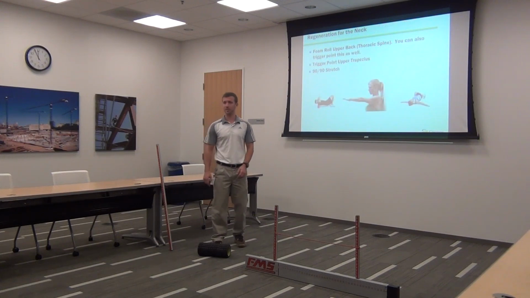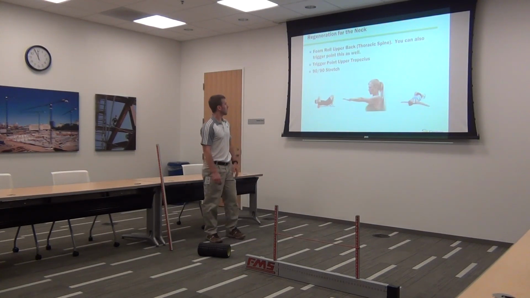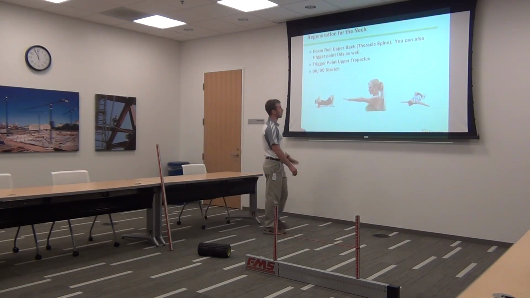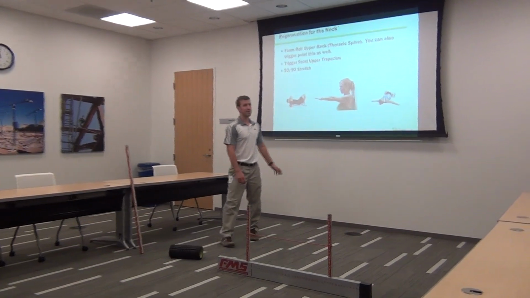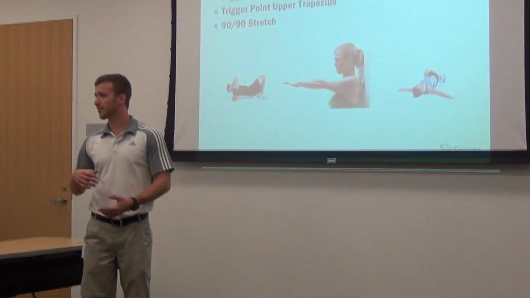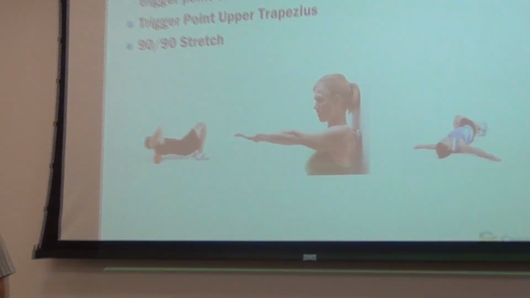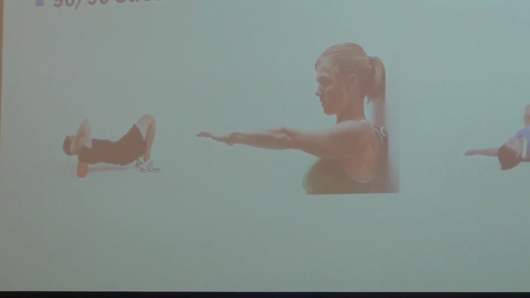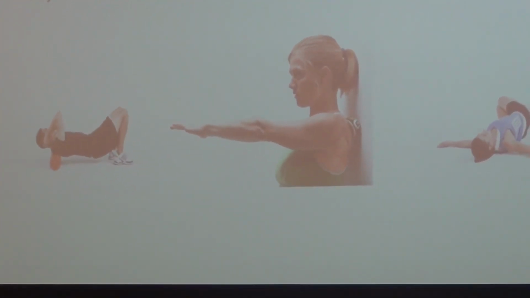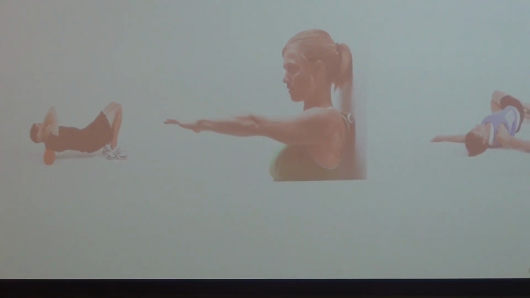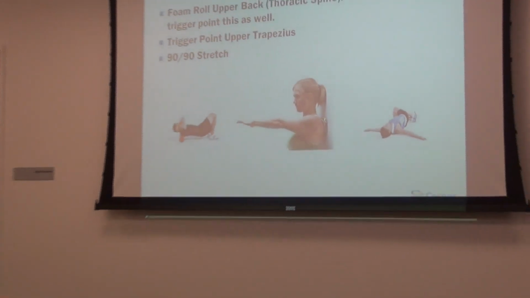You can go ahead and click the next one. So, here's what I like to do as a way to do regeneration for the neck. Remember I had some neck pain? Here are 3 things that if you were to come to me and say, hey, my neck's feeling a little tight today, here's what I'm going to have you do. The first thing I'm going to have you do is foam roll your thoracic spine, which is upper back.